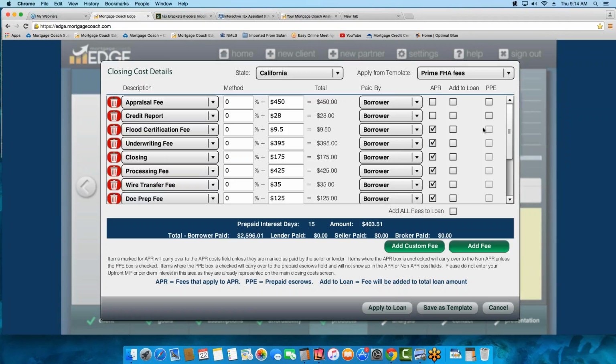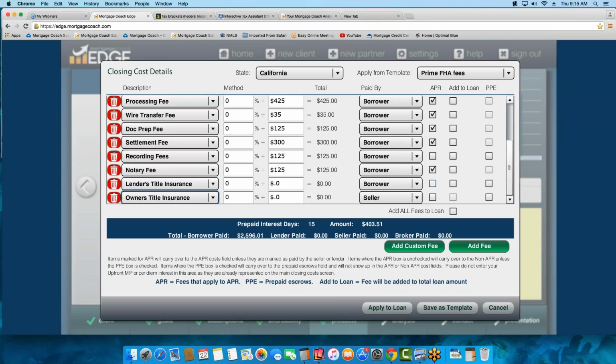If you don't have a fee template built, don't worry about that. We'll be able to show you how to build these. We do have great video tutorials. It's very simple. There are two buttons down at the base, Add Fee and Add Custom Fee. And just want to point out, if you ever want to add a fee, all you do is click on